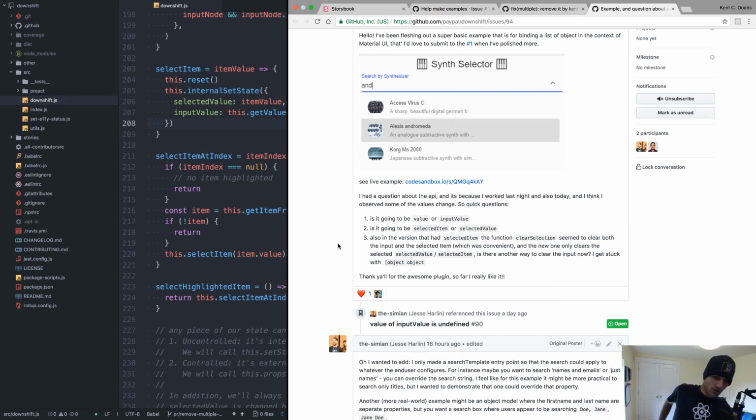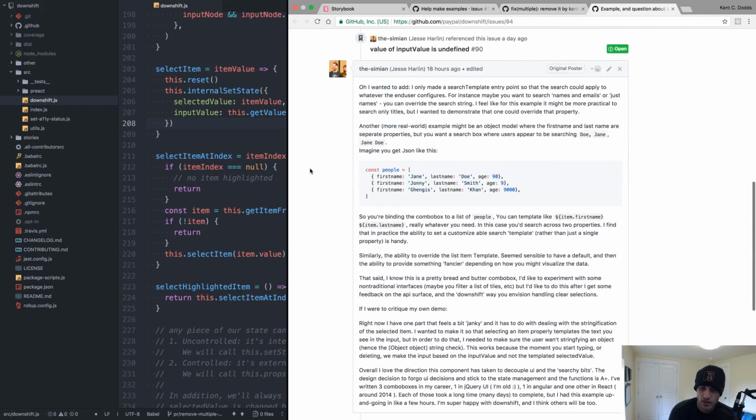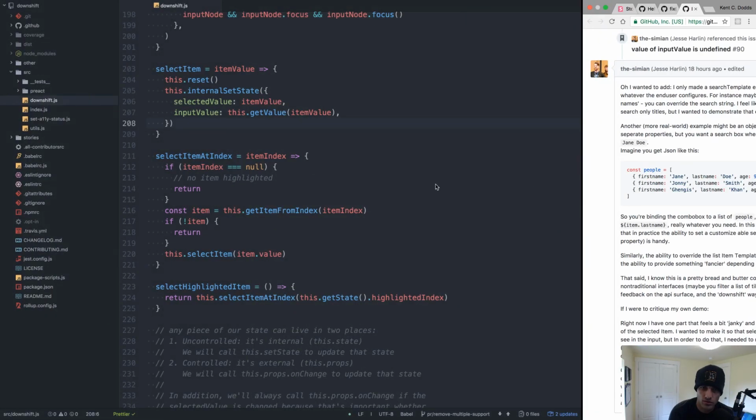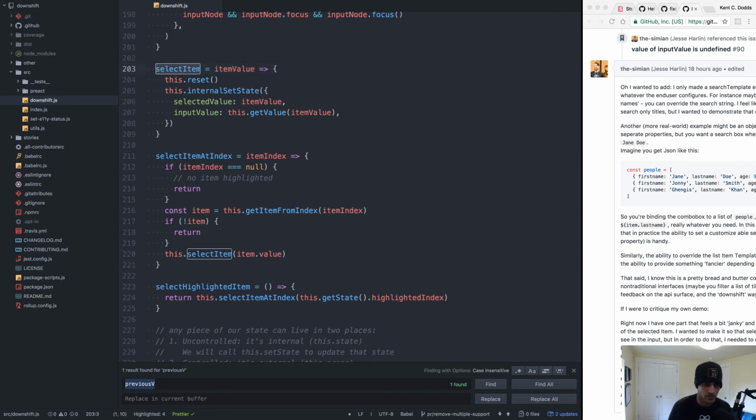Is it going to be value or input value, selected item or selected value? Yeah, that's one thing. Oh my goodness. One thing I should do is go through the docs really quick and just make sure we're referencing everything correctly. Okay, so we select item and then we update the selected value. That is not good. So I think we're going to